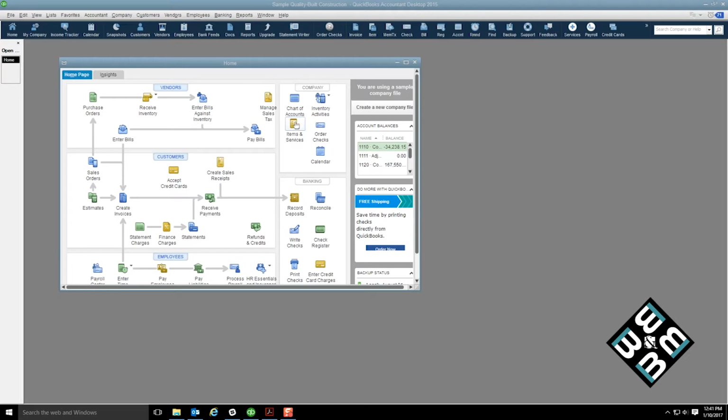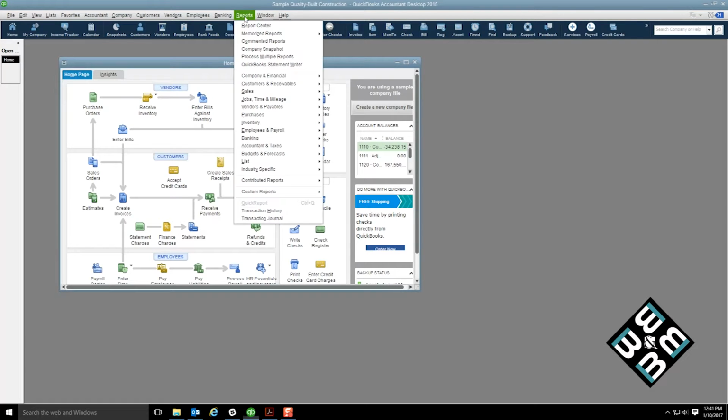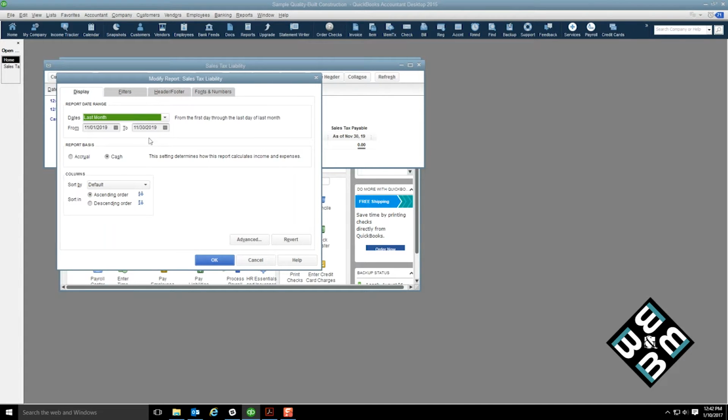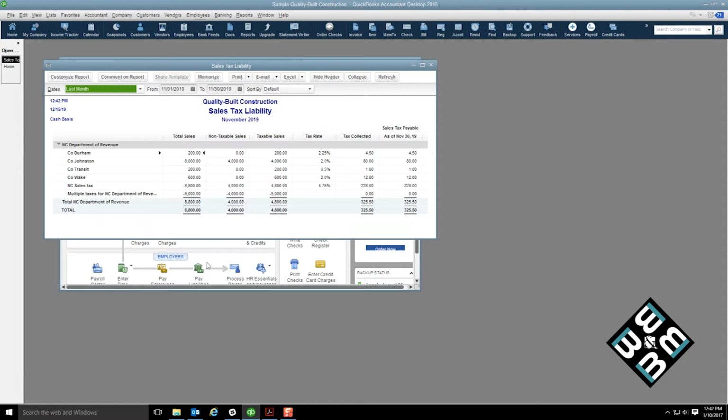So the first thing we'll do is go up to Reports, down to Vendors and Payables, then to our Sales Tax Liability Report, and it should default to last month for us. Make sure that the cash toggle button is checked. We'll say OK, bring up that report,